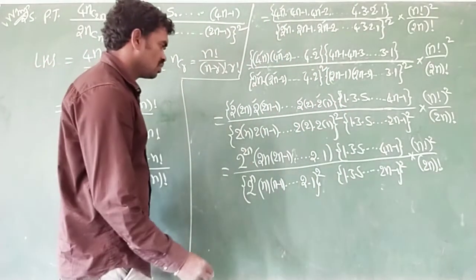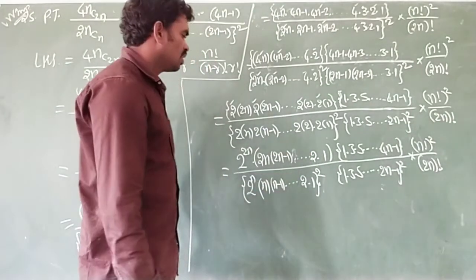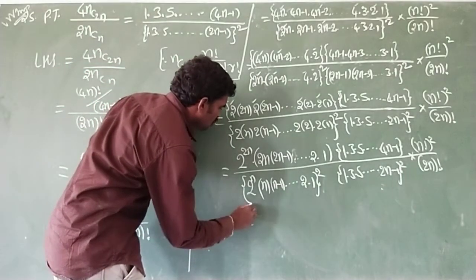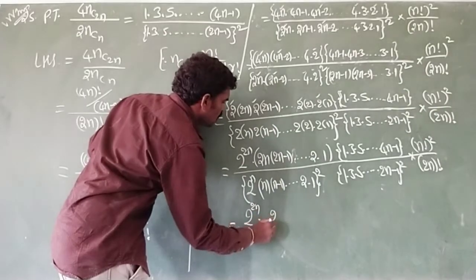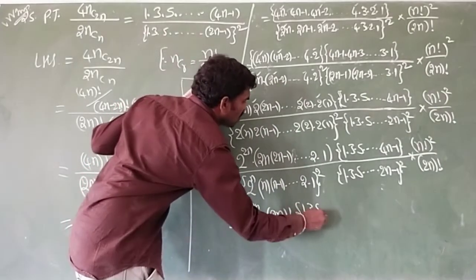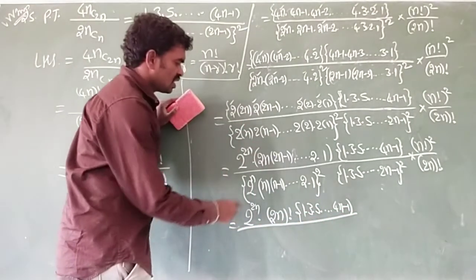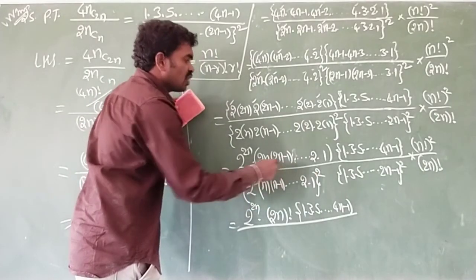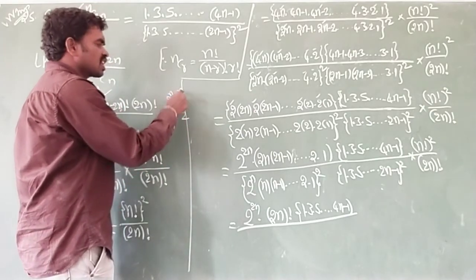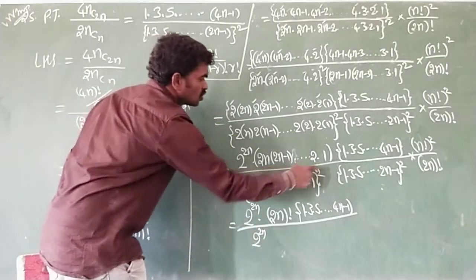Okay. So now see what about this 2n into 2n minus 1 into so and so 2 into 1. It is nothing but 2n factorial. So which is equal, 2 power 2n as it is. This is taken as 2n factorial into 1 into 3 into 5 into so and so 4n minus 1 by 2 power n whole square. So 2 power n whole square means 2 power n into 2 power n. Bases are same, powers can be added. N plus n is 2n. So we get 2 power 2n. I am getting 2 power n into 2 power 2n.